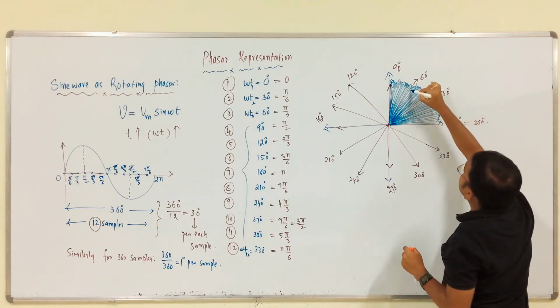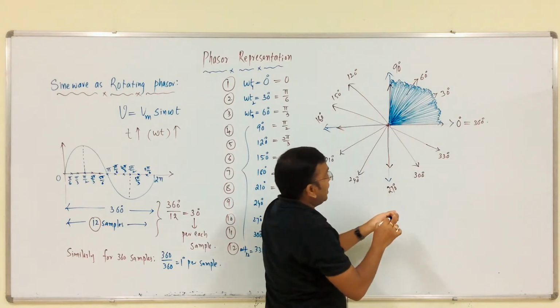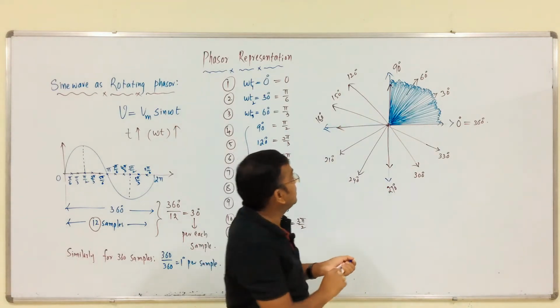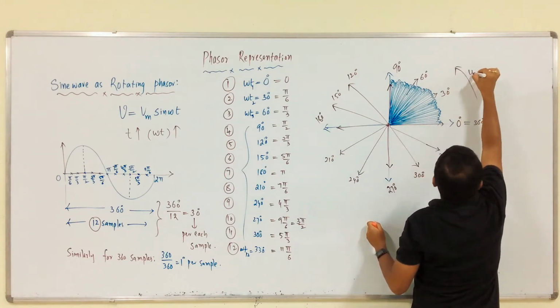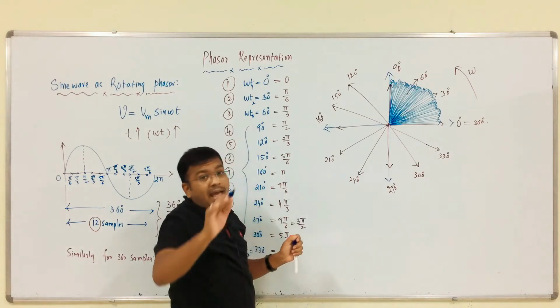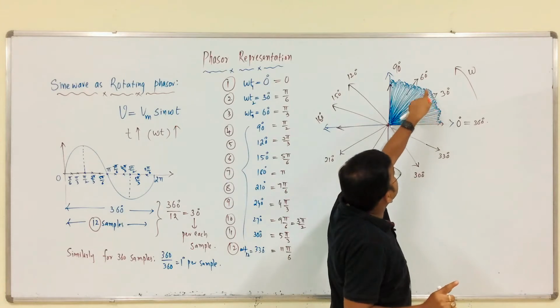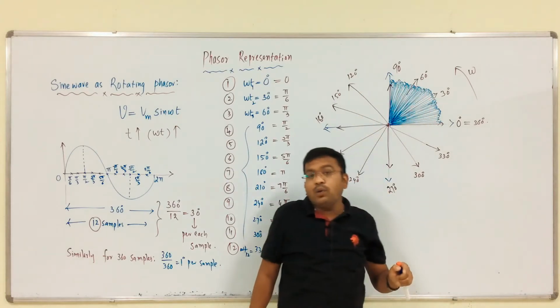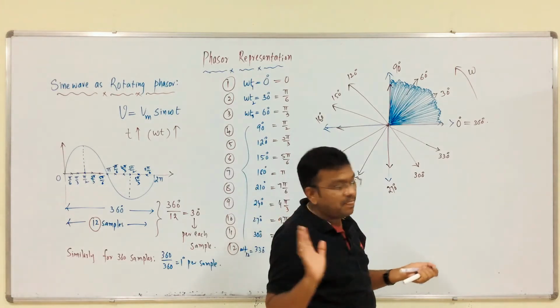I am providing here only for one sector. So, let us assume these samples from here to here are nothing but 90 samples. This will rotate in anti-clockwise direction, omega radians per second. Then what will happen if we connect the outer peripheries of this 360 samples? What do we have to get?